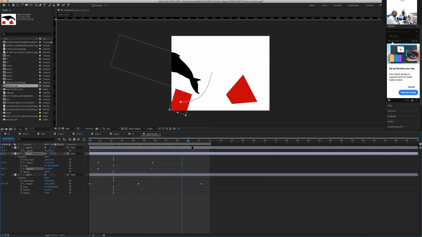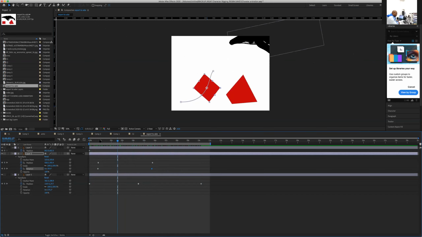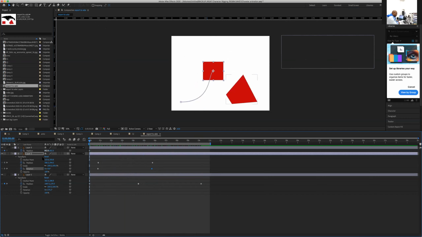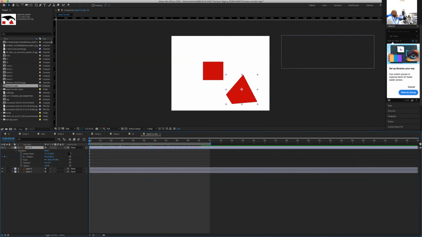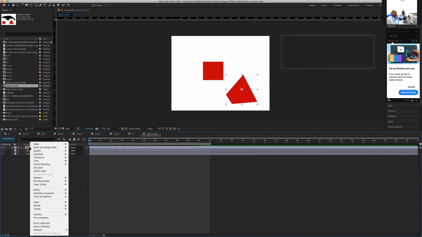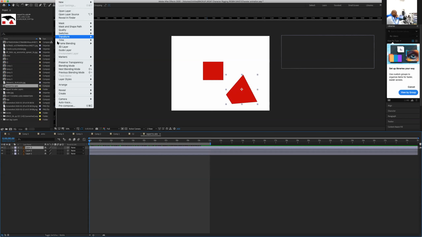Okay, now remember, if you want to do trim paths or anything, like remember those trim path options, there is no option. For example, if you want to add a repeater or that kind of stuff, there is no option for that. So here, now look carefully at my layer 3. If I select my layer 3, go to Layer,